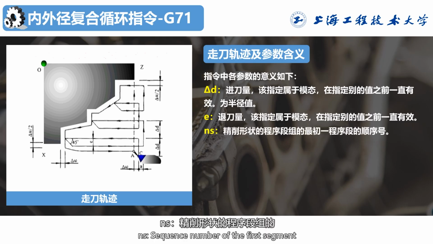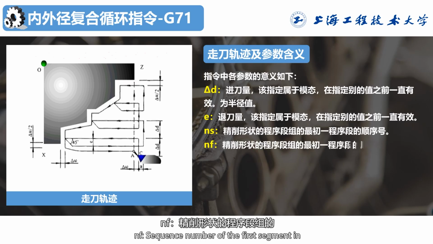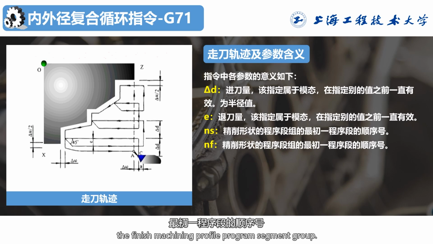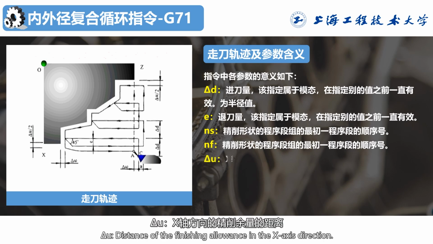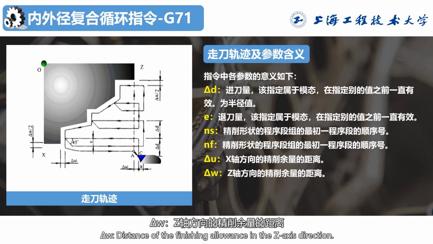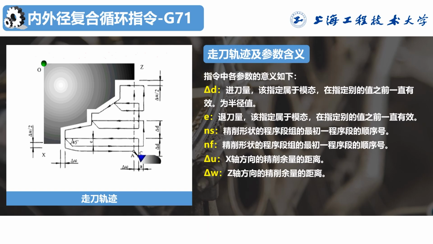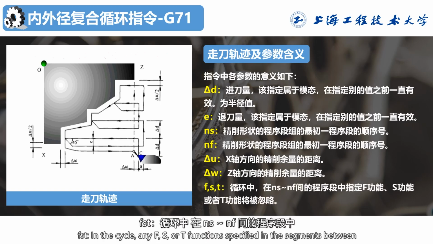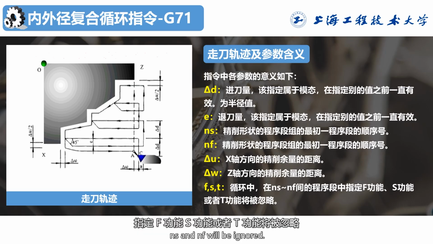NS, sequence number of the first segment in the finished machining profile program segment group. NF, sequence number of the last segment in the finished machining profile program segment group. Δu, distance of the finishing allowance in the X-axis direction. Δw, distance of the finishing allowance in the Z-axis direction. F, S, T: in the cycle, any F, S, or T functions specified in the segments between NS and NF will be